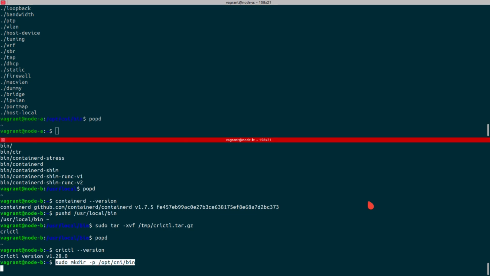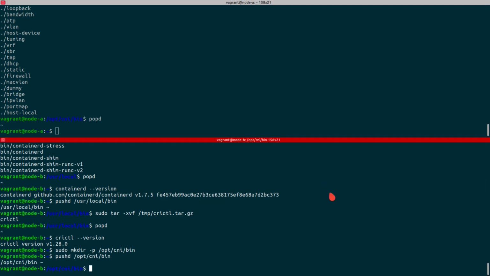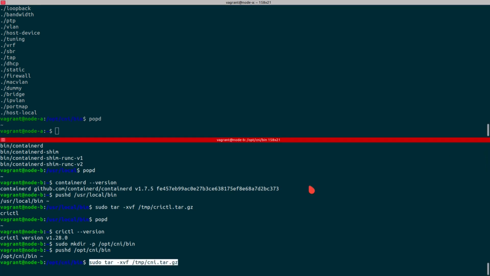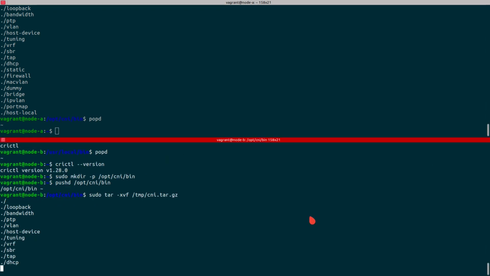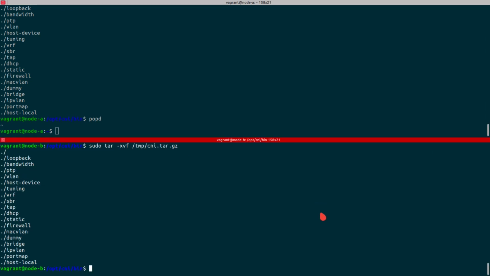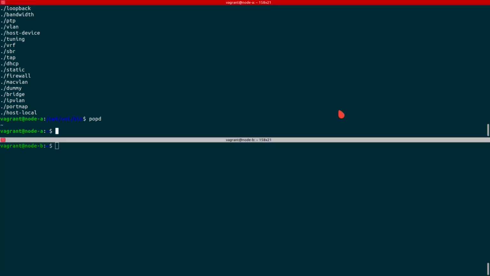Okay, let's do an installation of CNI plugins. For that, we will be creating a directory with the -p flag, /opt/cni/bin, and let's go into that by using pushd. We are inside that directory, and here we will be extracting the tarball of CNI. And once we have done that, we will be going out of that directory. Let's clear the screen again,